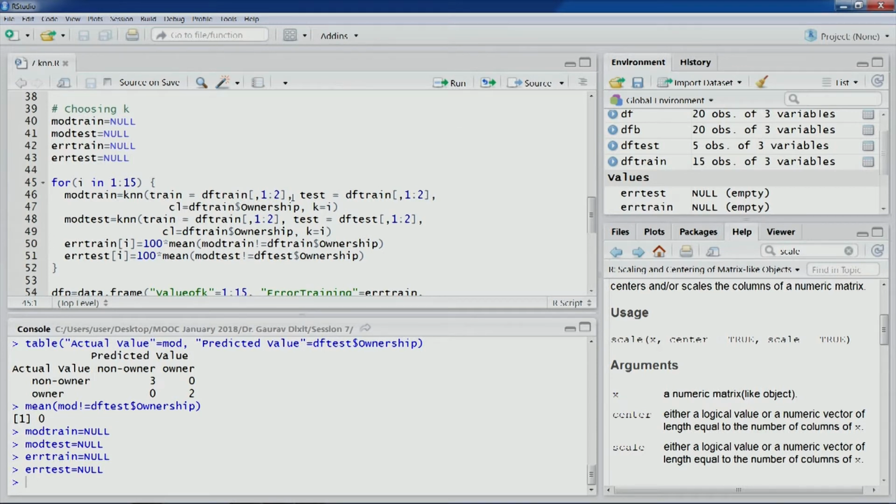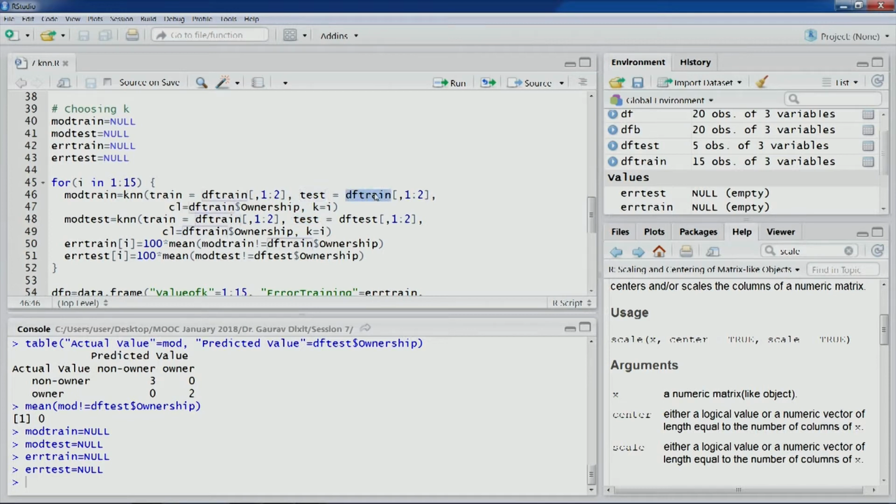You can see that for both the training and test partition, as usual, we have selected the first 2 numerical variables, income and household area. You will also see that the one difference between these 2 lines of code is the third argument, the CL function, which remains the same. So finding the k neighbors is based on the training partition, and it is the test partition that is different in these 2 lines of code.